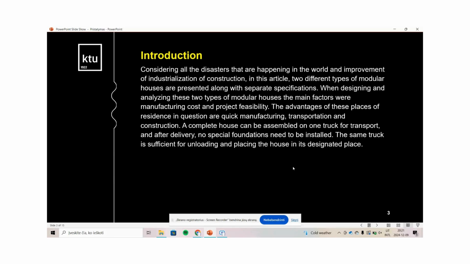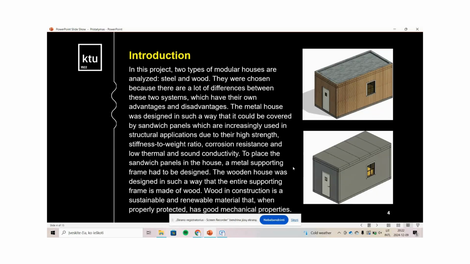The advantages of these places of residence in question are quick manufacturing, transportation, and construction. A complete house can be assembled on one truck for transport, and after delivery, no special foundations need to be installed. The same truck is sufficient for unloading and placing the house in its designated place. In this project, two types of modular houses are analyzed: steel and wood. They were chosen because there are a lot of differences between these two systems, which have their own advantages and